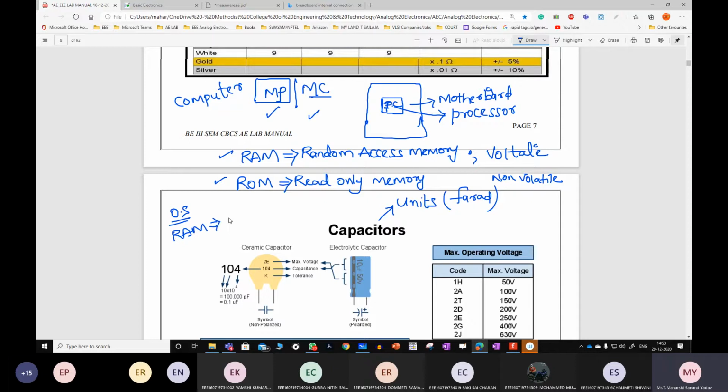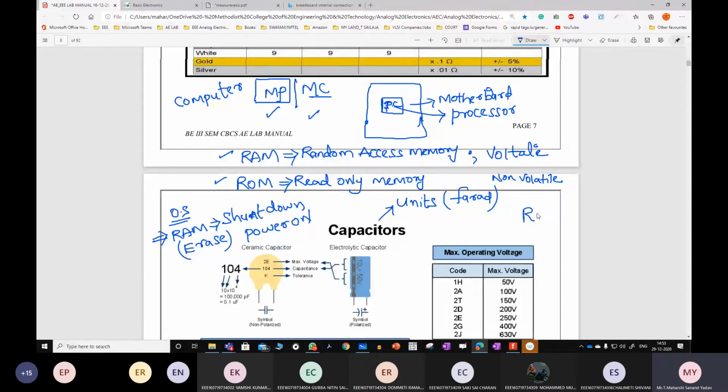If I shut down my computer, what will happen? Will it store the entire information? Someone said erase. When the power is on, it will remember the information. If the power is not there, it will erase everything that is present in RAM.